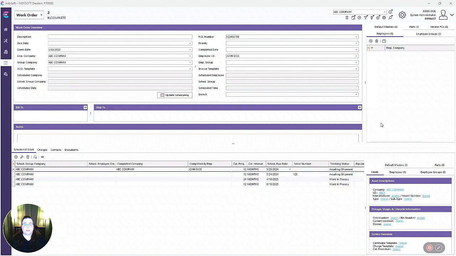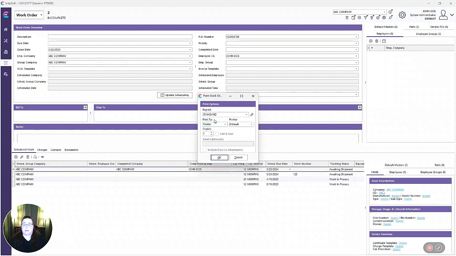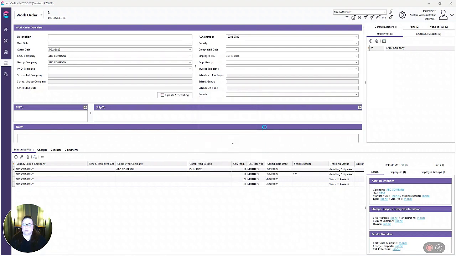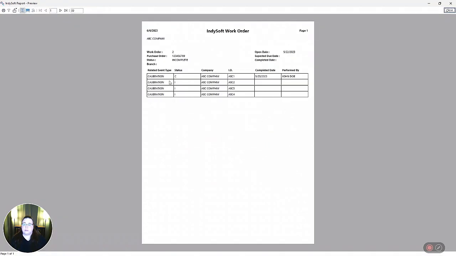My name is Stephanie, and today I'm going to showcase how we can include the calibration frequency and interval onto a work order report. First, I'd like to showcase the work order report that is provided by standard by IndySoft. And as you can see here on my equipment, I have no frequency or interval listed on the work order